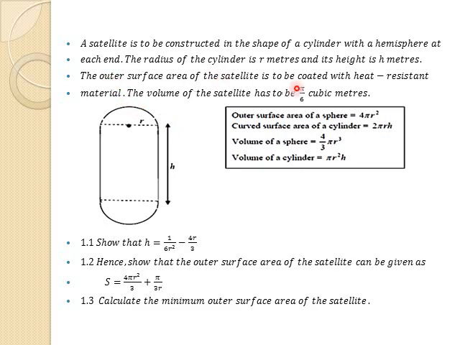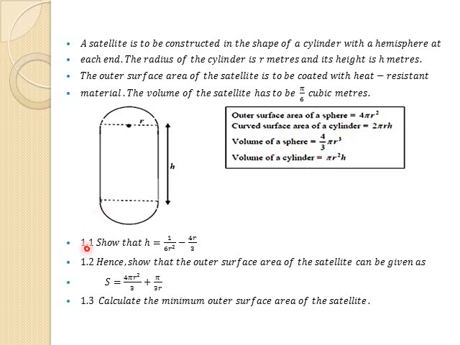The outer surface area of the satellite is to be coated with heat-resistant material, which is quite expensive. And the volume of the satellite has to be pi over 6 cubic meters. That part there is a cylinder, and this is a hemisphere. One hemisphere plus another hemisphere gives me a full sphere. There they give us the equations: outer surface area of a sphere, cylinder, volume of a sphere, volume of a